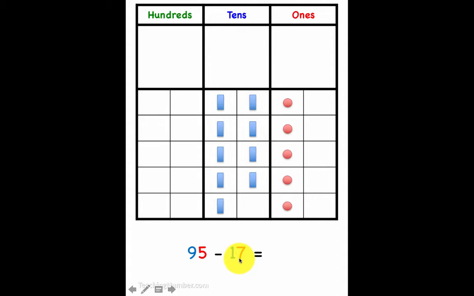We can also see that the difference between the 5 ones in the minuend and the 7 ones in the subtrahend is 2. So we should have 8 ones after we complete the subtraction because 8 makes 10 with 2. First, we take the 5 ones available in the minuend. Then we ungroup a 10 to recreate 10 ones. We need 2 of those ones to make 7 with 5. Now we need to take a 10 from the remaining 8 tens, and we see that 95 minus 17 is,